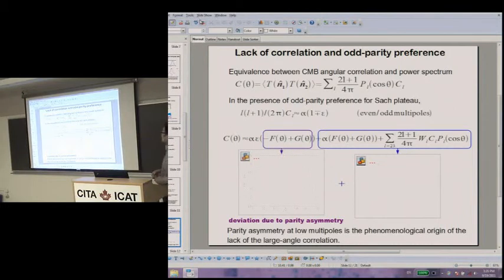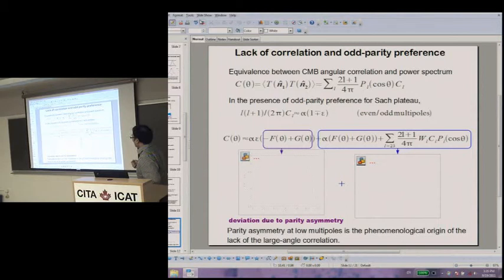So here, in terms of the ensemble average, angular correlation is equivalent to the angular power spectrum. P_l is a Legendre polynomial. When we think of the ensemble average, angular correlation is simply a linear combination of the angular power spectrum. So they're equivalent. Then it makes us think the power spectrum anomaly may be related to the angular correlation anomaly. So for low l, there is a plateau, almost constant.